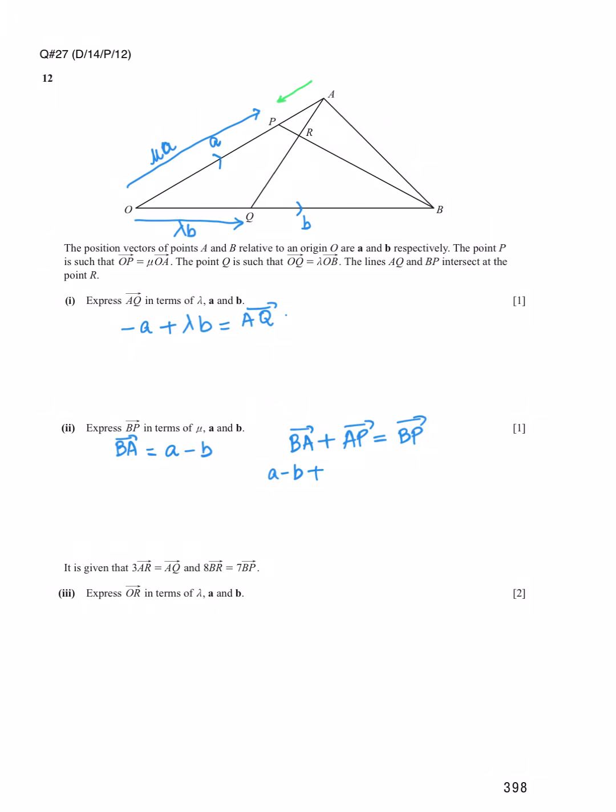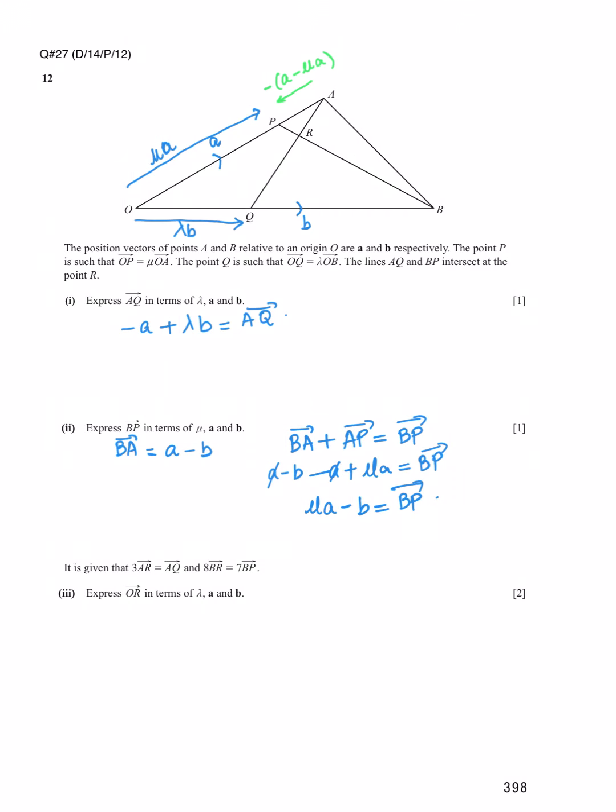If it's PA, it's a minus mu a, and with the negative sign, AP will be minus a plus mu a equals BP. So a and a cancel, and the leftover part is mu a minus b,